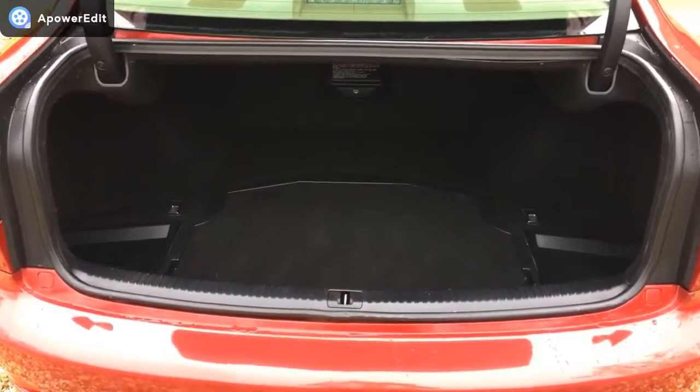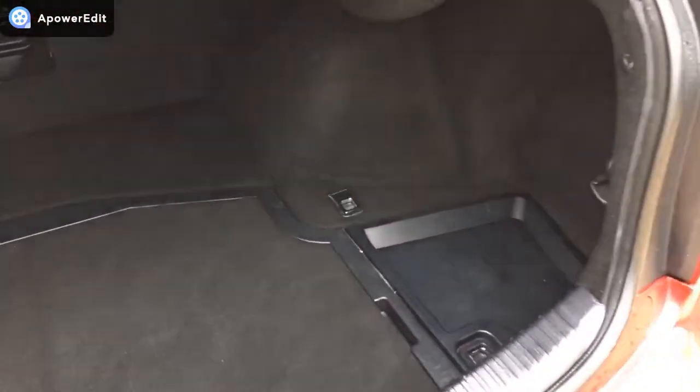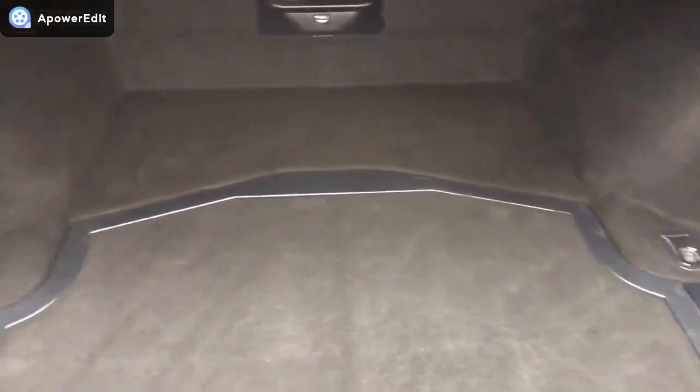Coming to the boot area now, again, all wonderfully clean, big boots in these cars, and of course being a Lexus, it's absolutely beautifully finished in here as well. Underneath here you have a space saver spare wheel, you have a proper spare wheel, obviously tools all here present